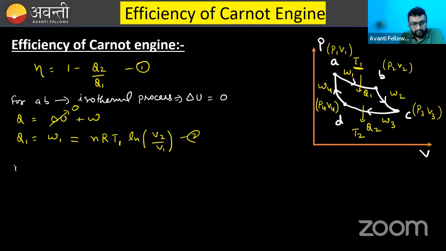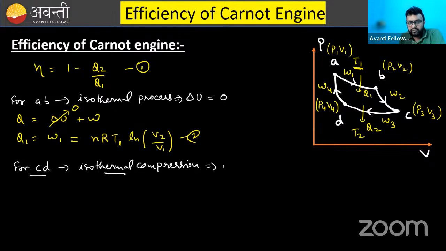Again, for process CD, this is again isothermal. What is this isothermal? Compression. Again, if the process is isothermal, then delta U will be 0. So you can write, Q2 is equal to W2. W2 is what? nRT2, the temperature is T2, ln final volume by initial volume. Final volume from C to D is V4